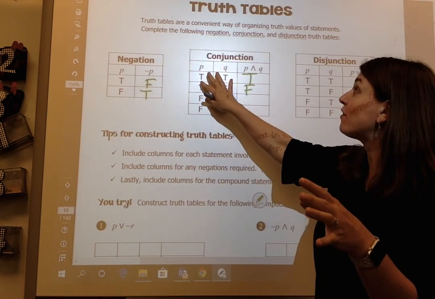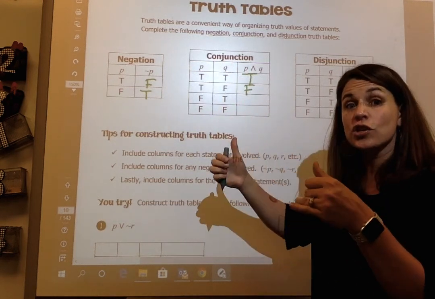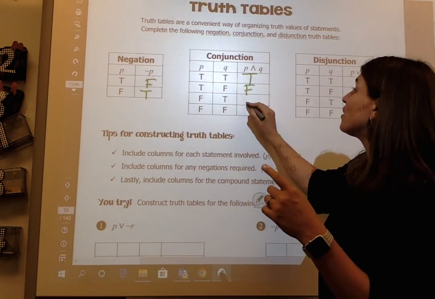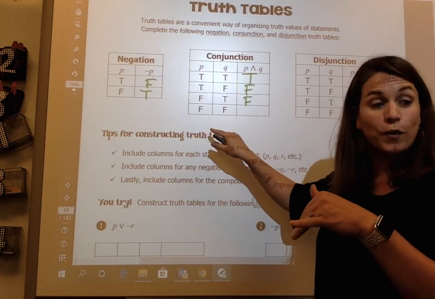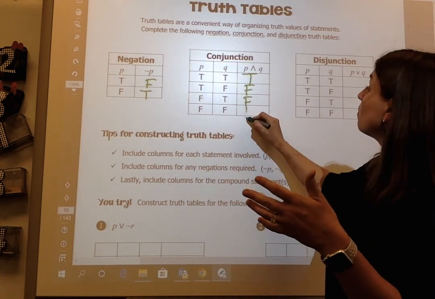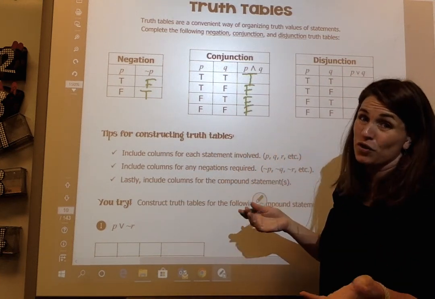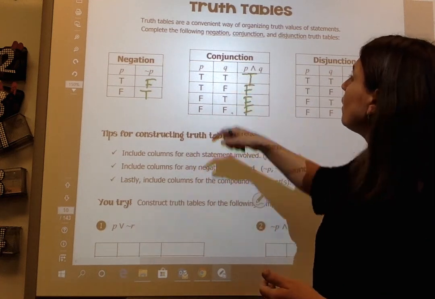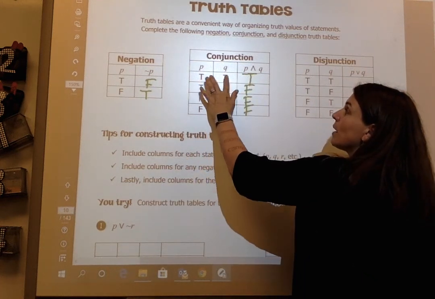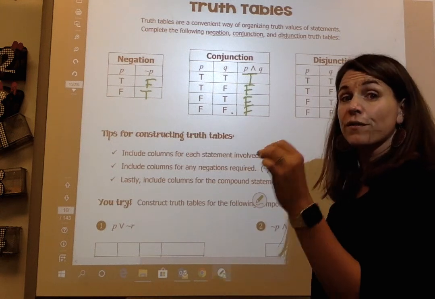Remember, both of these have to be the same in order for a conjunction to take place. Because these are different, that's a false truth. Now here, both of them are false, so there is no truth in that. So when you have a conjunction, both of those statements have to be true in order for it to fulfill